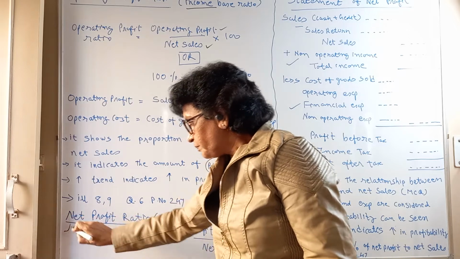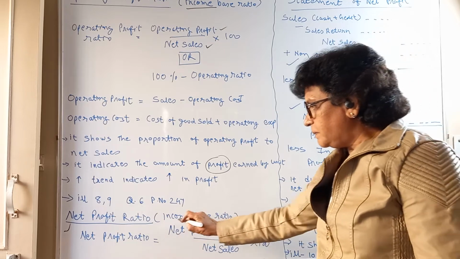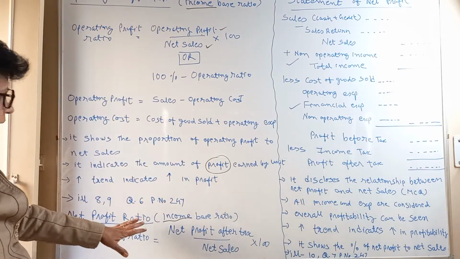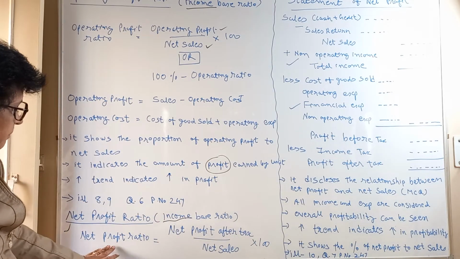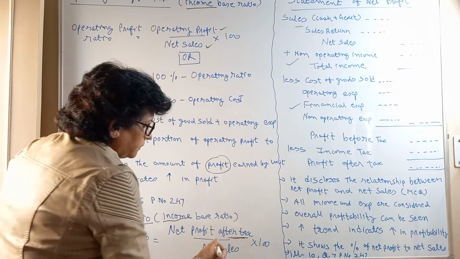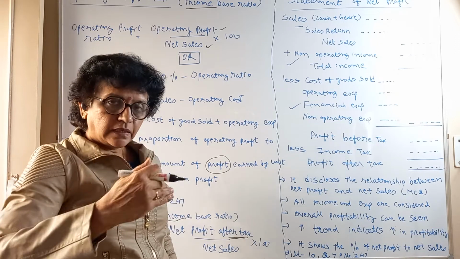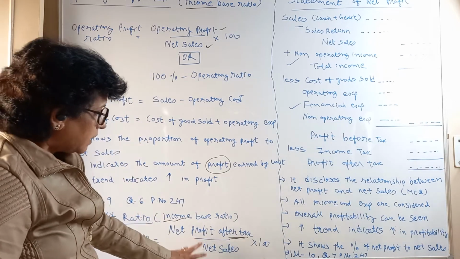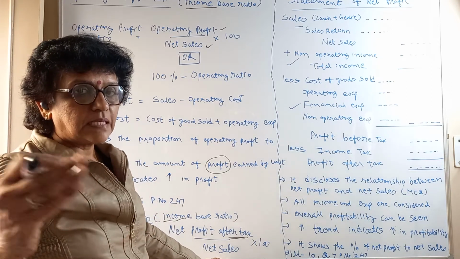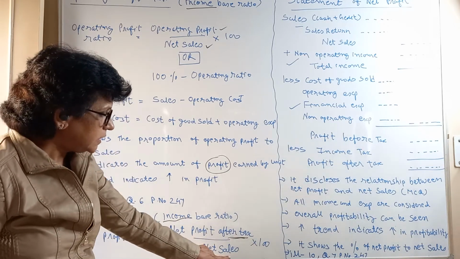Now the fourth one, that is the net profit ratio. The net profit ratio is also an income based ratio. So only one ratio we have learned today is expense based, otherwise 3 are income based. Here the formula is net profit ratio is equal to net profit after tax upon net sales. So first of all you must know what the net profit is, and then you must know the rate of tax, and then you will get the figure after tax. Net sales means cash sales plus credit sales, which give total sales, minus sales return gives you net sales. So this figure you can easily derive.